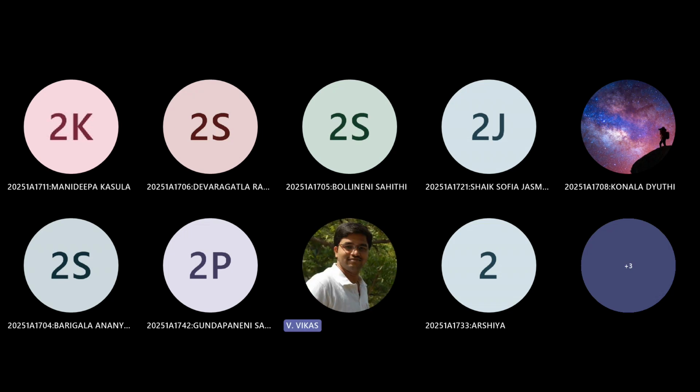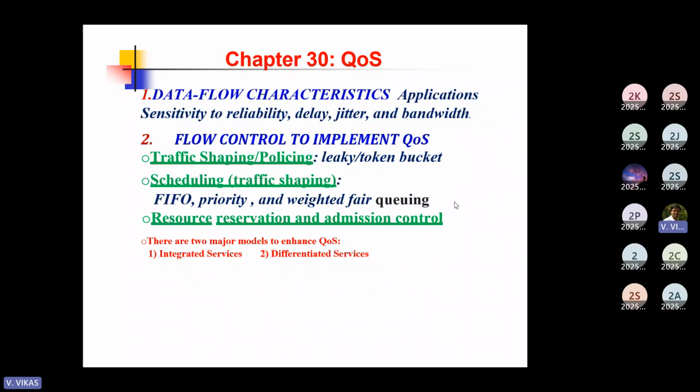Okay. So first we'll try to look into data flow characteristics. We will see reliability, delay, jitter, and bandwidth. What are these parameters? Then we will look at how we can improve quality of service. As you can see in this slide, data flow characteristics are reliability,